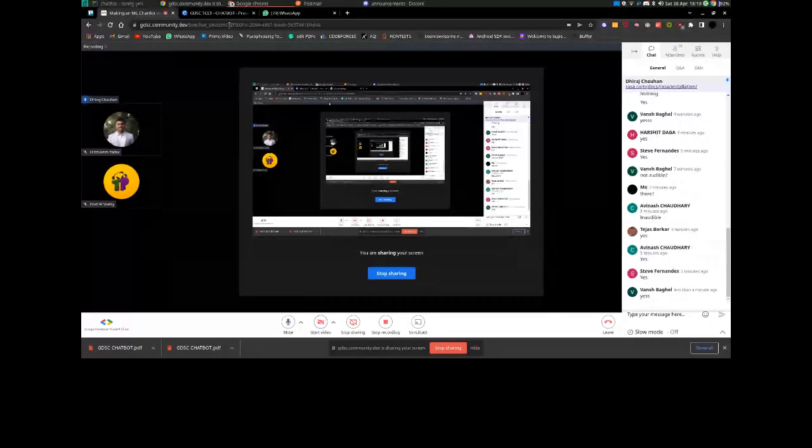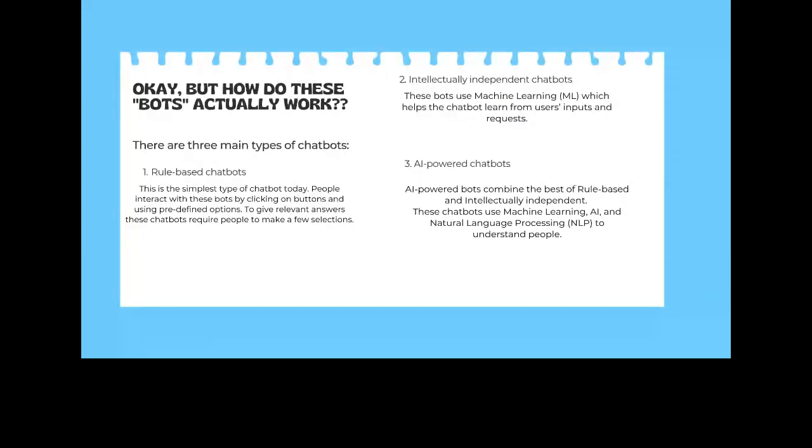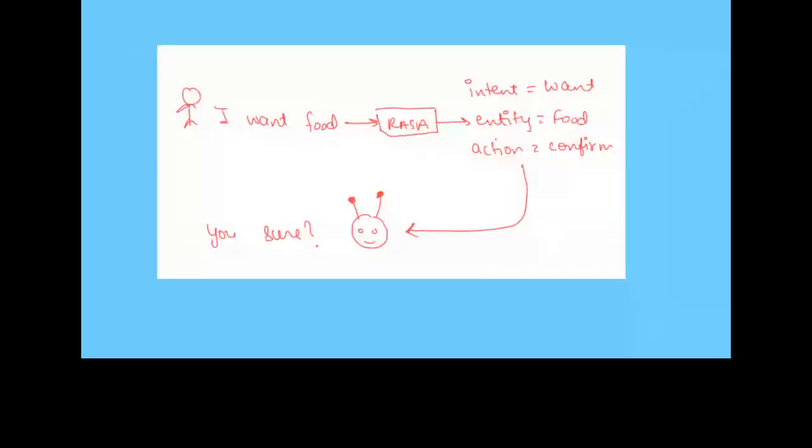We have already done sessions about ML and how a model will work and how it generates and all that. So let's go a little bit into NLP and see how a bot will understand a user's input. Okay, so let's take an example. Ignore my handwriting.